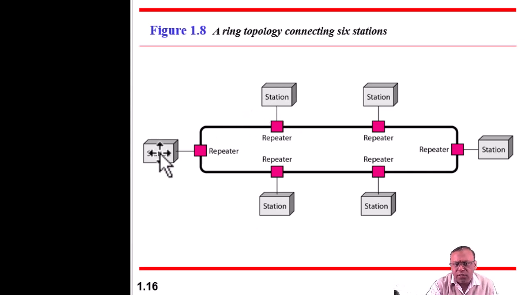As per the slide, if you want to transfer data from this station to this station, and I am using the clockwise direction, then first I need to send the data to this system, and then this station will send the data to this station, and then this station will send the data to